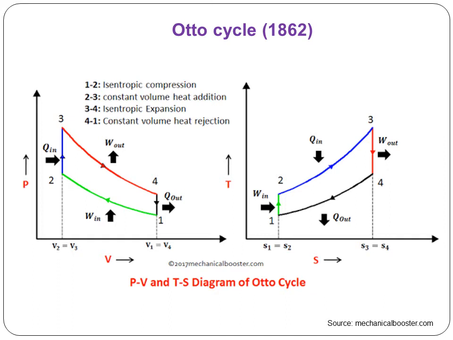So there is a sudden rise in pressure and temperature which will result in expansion, and that process is 3 to 4. This is also an adiabatic isentropic process, a reversible adiabatic process, during which work is obtained as the output. The piston moves from the top dead center to bottom dead center, and whatever heat is remaining in this air is rejected to the sink. The sink is again brought in contact with the cylinder, and the heat is rejected. So these are the 4 processes which you see in the Otto cycle.